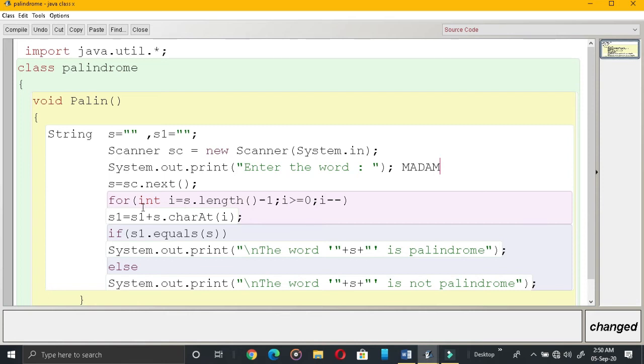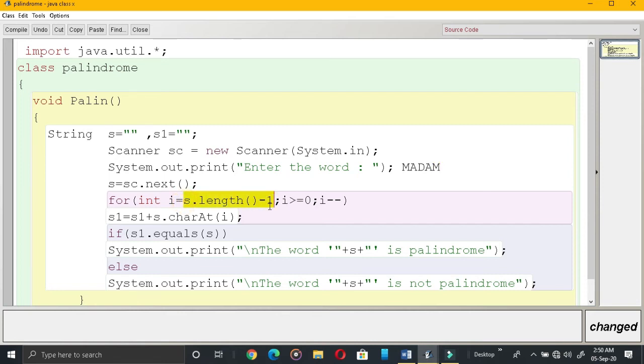That's why my first index position, I is equal to s dot length minus 1. I am going to extract characters from here. So what is the index number of this? 0, 1, 2, 3, 4. 4 is the index number. When I calculate the length, I'll get 5, but I need to run the loop from 4.